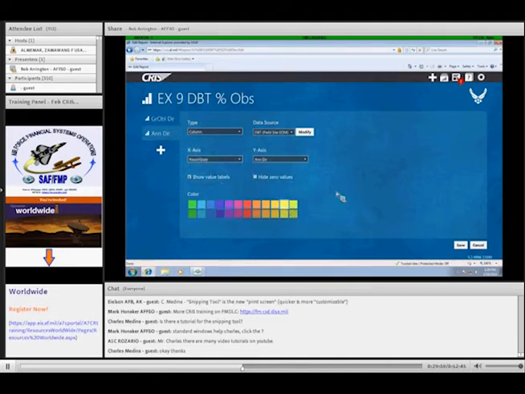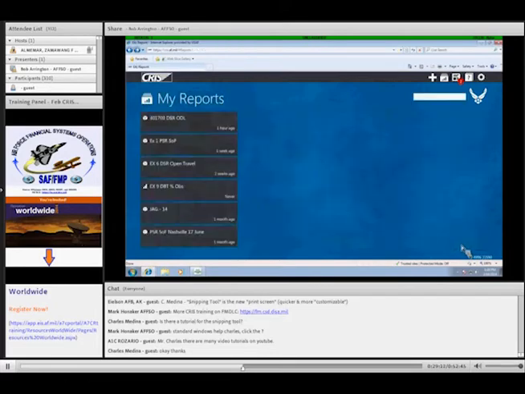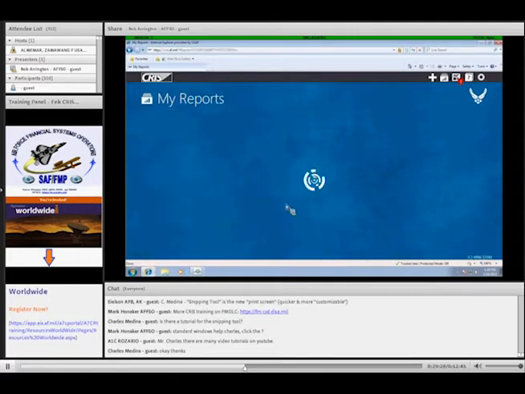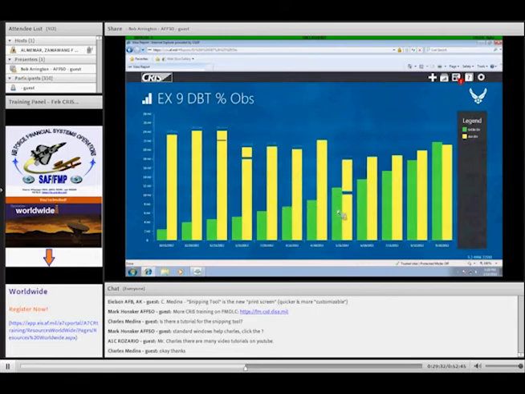Okay. I'm going to click Save, and because I did the edit from my reports, it took me right back to my reports. So in order to actually run that graph and to see it, I have to run the report. So I'm just going to left click on it, and it will run, and there are my values right there. It automatically puts a legend on your screen based on your vertical axis, your y-axis. So there's my gross obs direct, it's kind of that greenish color, the yellow being the annual direct.